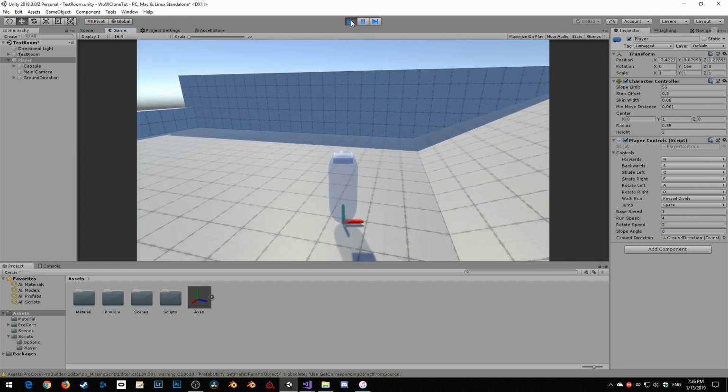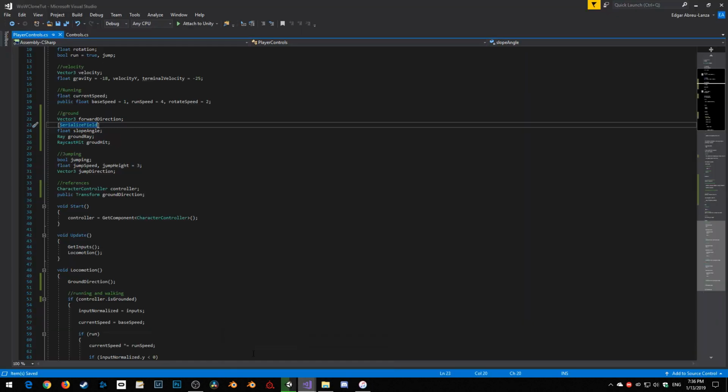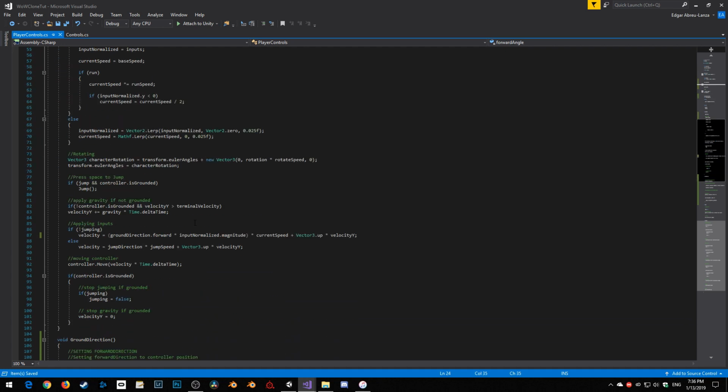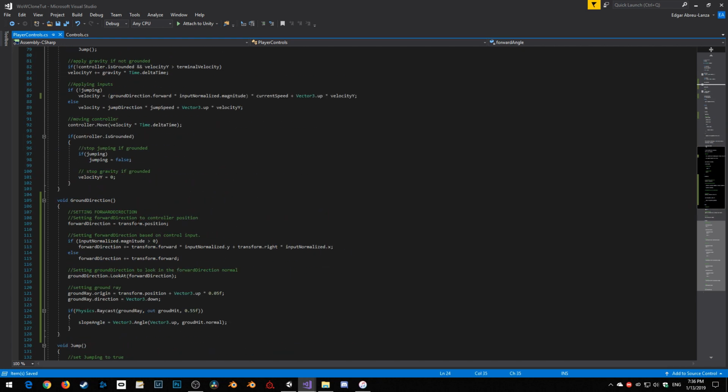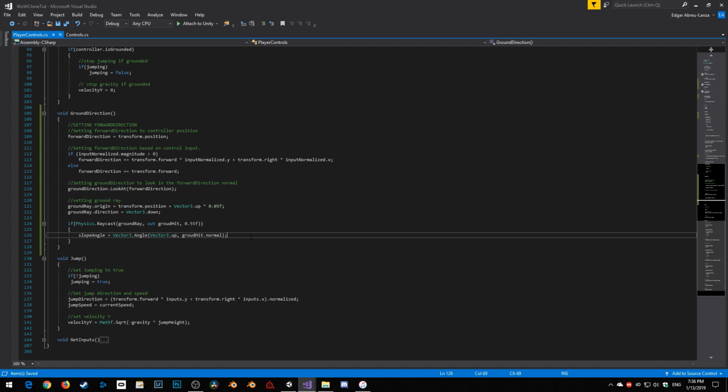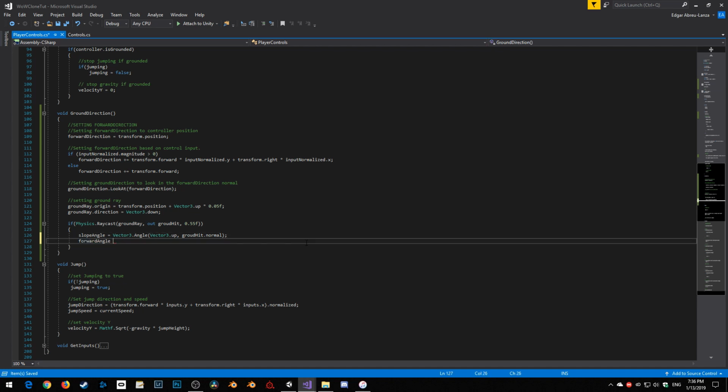So what we're actually going to need is another angle here, and we're going to call this one forwardAngle. And we're going to calculate forwardAngle here based on Vector3.Angle, and we're going to use forward direction